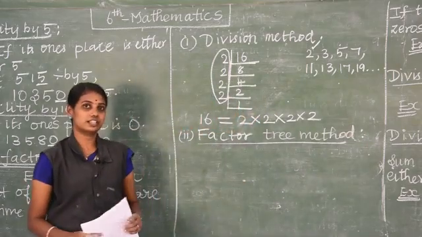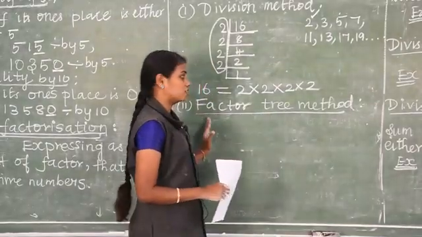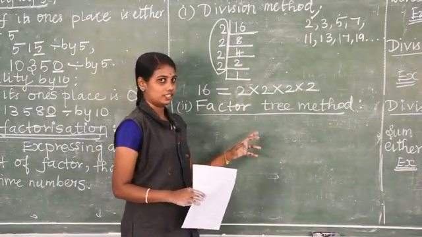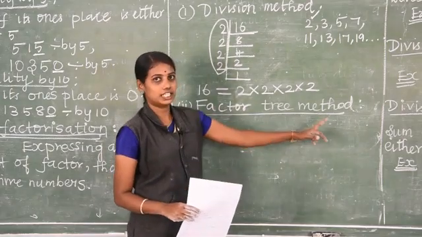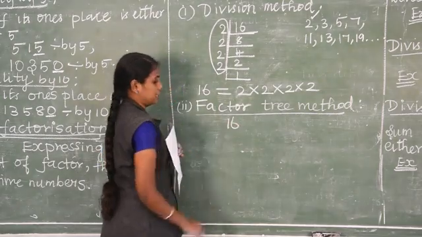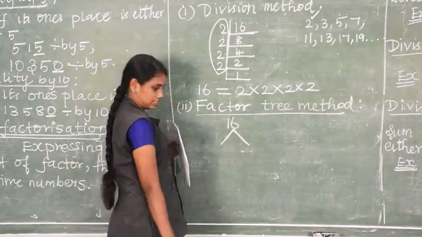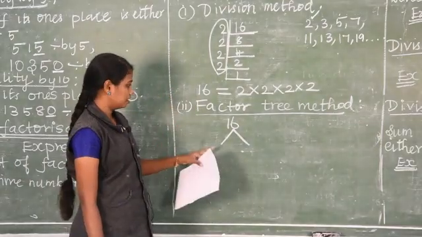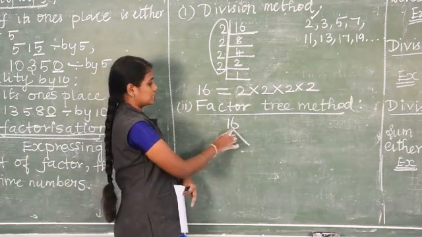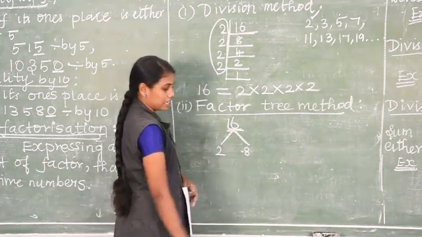When you see a tree, it has many branches. Likewise here also for the factors, we have branches. That's why it's called the factor tree method. The same number, let me take 16. For factors you have to write like this. Already we learned the factor tree method. So it will go on like branches. 16 can be written as 2 table, 2 8s are 16.